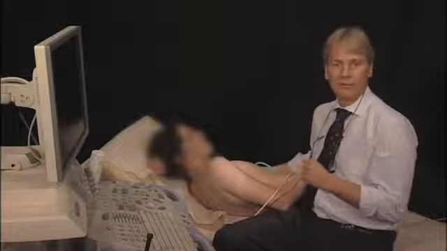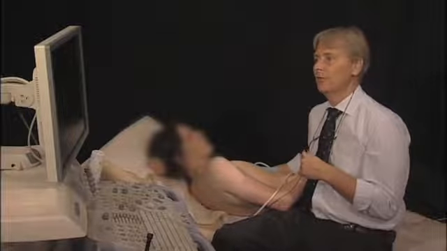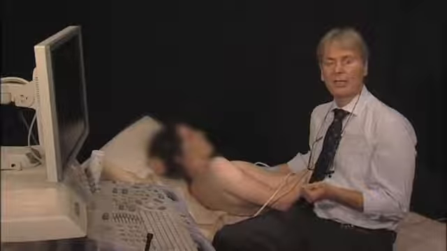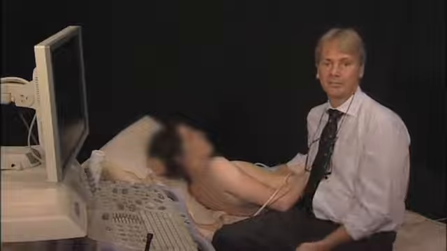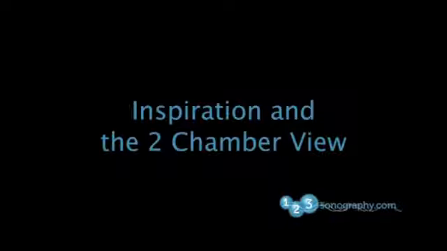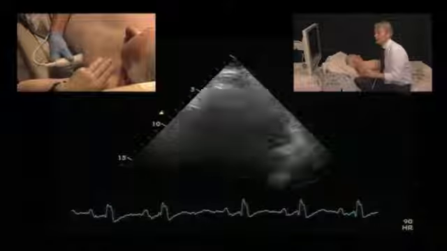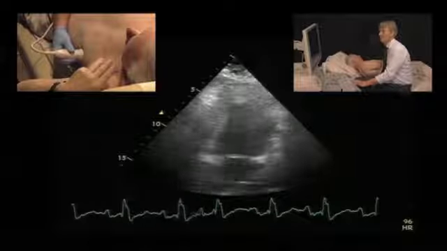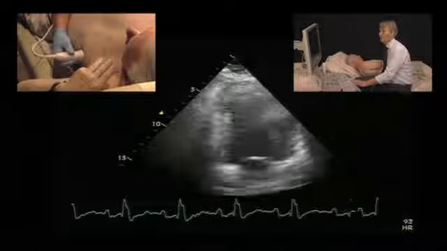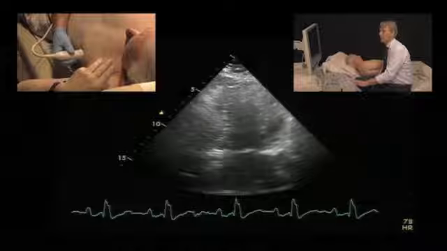This is just an example to show you that the image disappears when you inhale, but there are situations where it is better if the patient actually inhales. Sometimes the patient have better image quality if they inhale. This is especially true for the 2-chamber view, and I'll try to demonstrate that here. This is a patient who has moderate quality of the 2-chamber view, and I will now ask the patient to